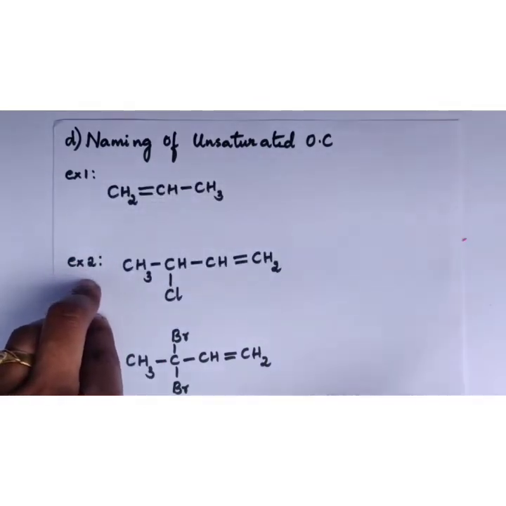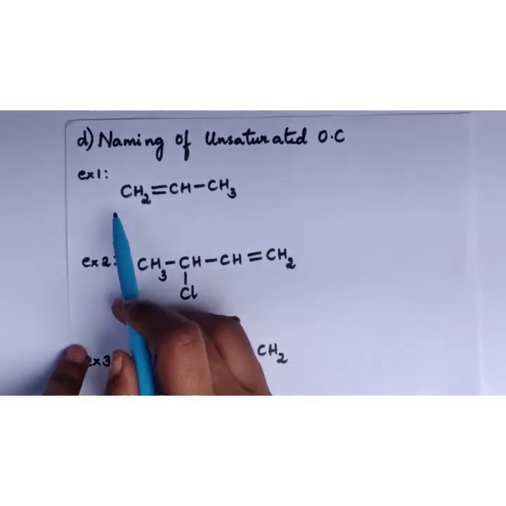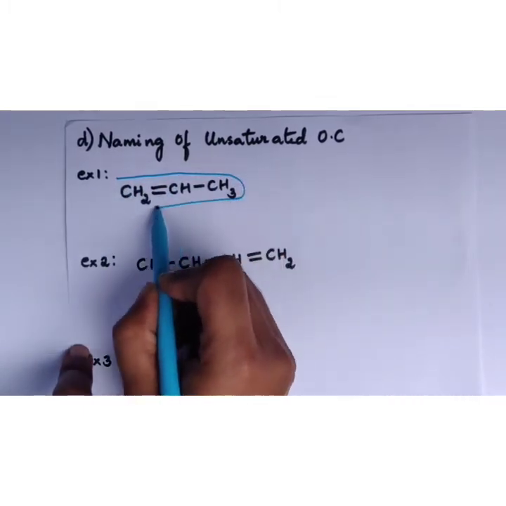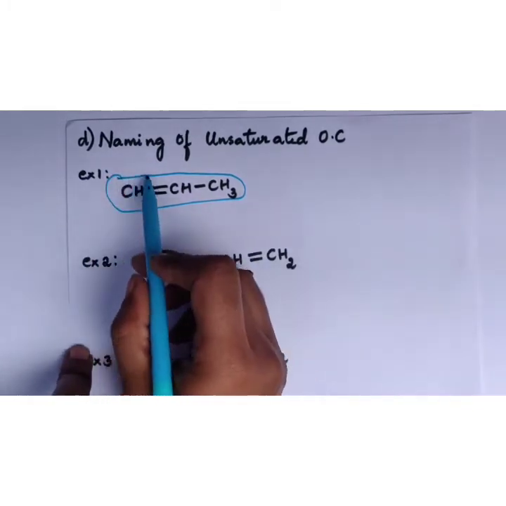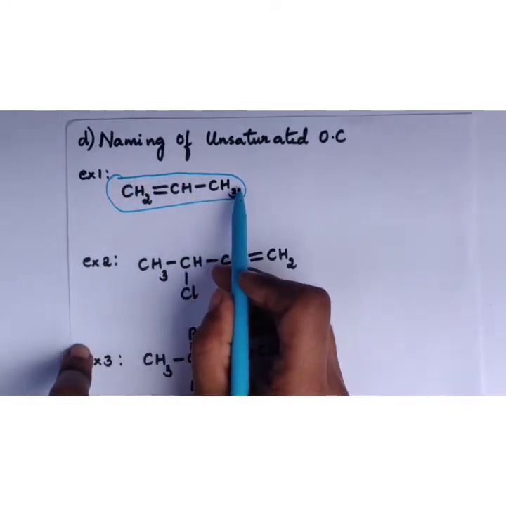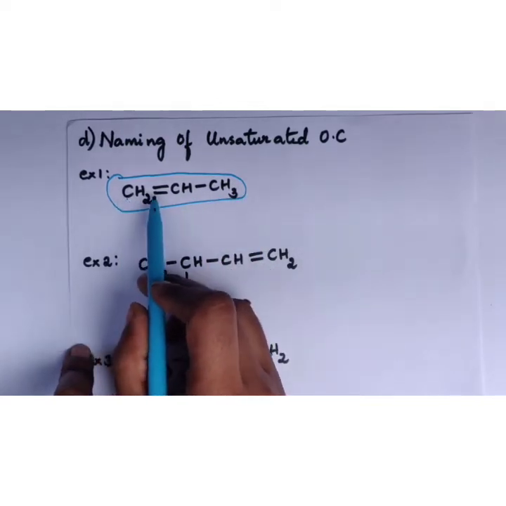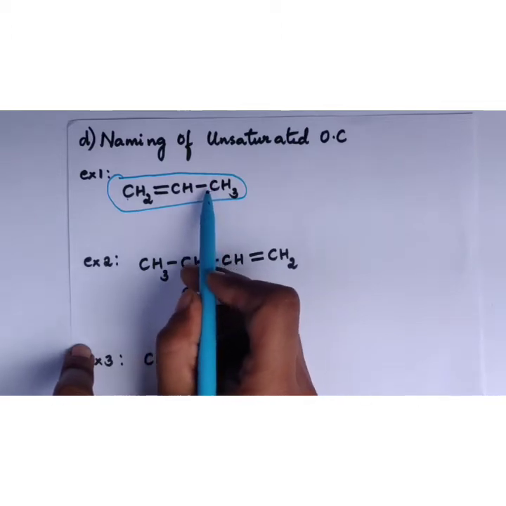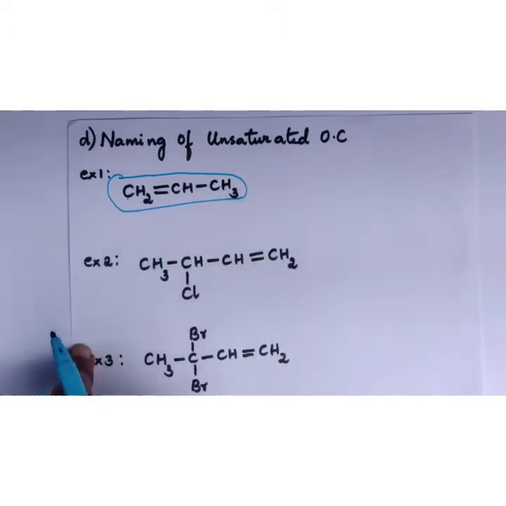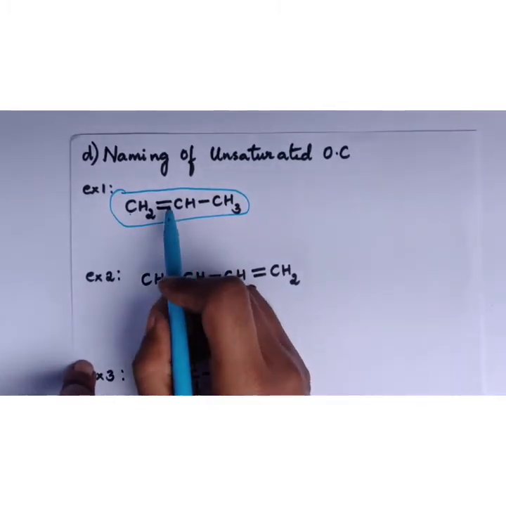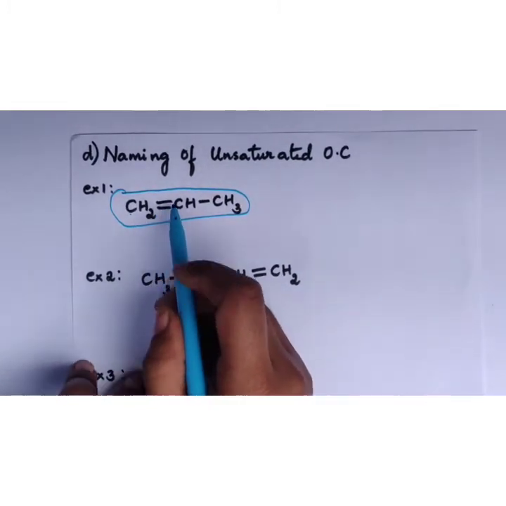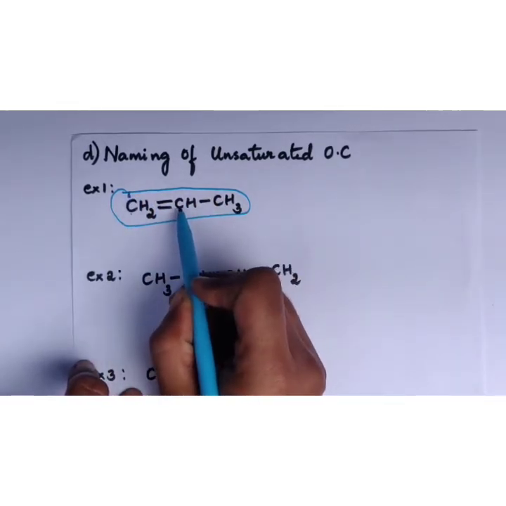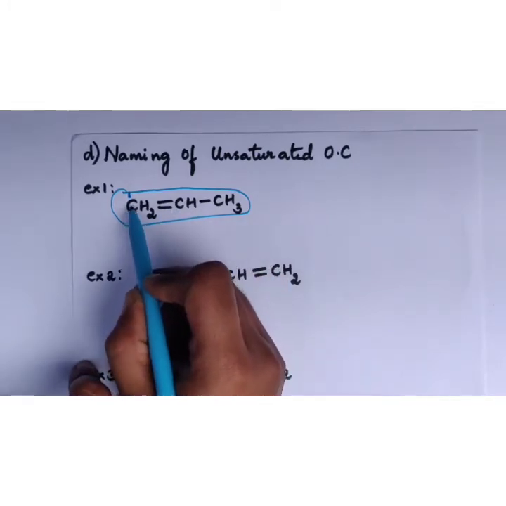So let us go with the examples now. The first example, CH2 double bond CH, single bond CH3. Select the parent chain. I'm going to select the parent chain. You can't select only so much and keep the CH3 as your side chain. There is a continuity. Carbon bond, carbon bond, carbon. There is a continuity, so you can't take this CH3 as your side chain. So now we have selected the parent chain. According to the rule, the double bond or triple bond carbon atom gets the lowest numbering. That means you have to number it from this side. If you number it from this side, it gets the second position. If you number it from this side, it gets the first position.